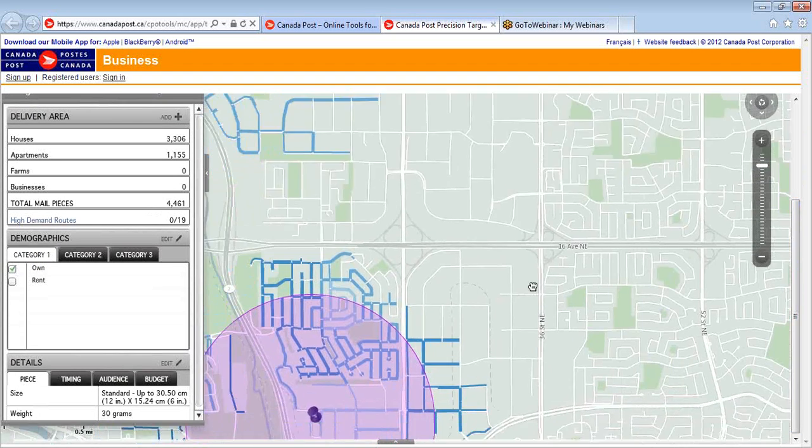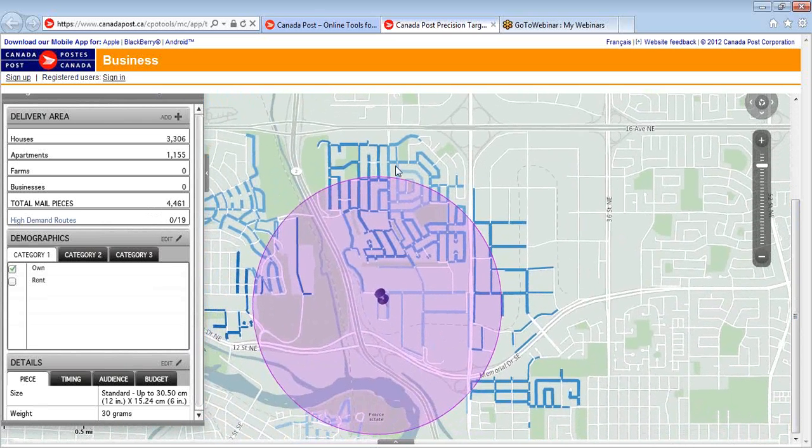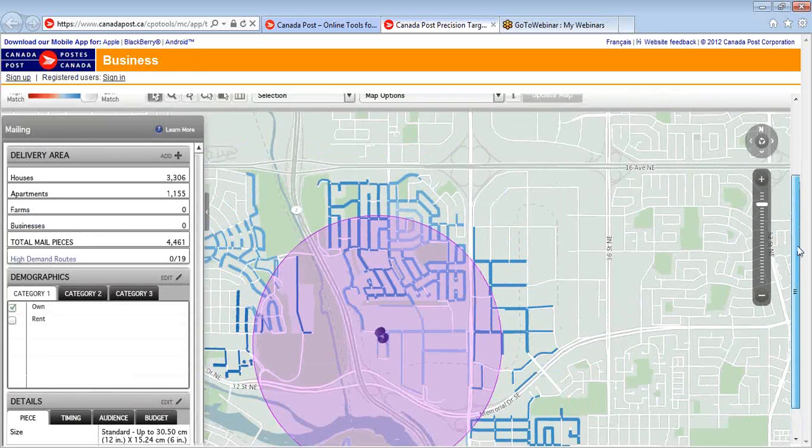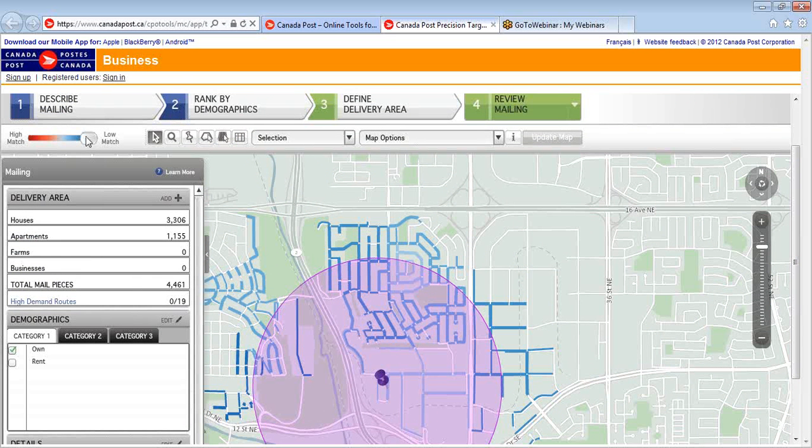And we can zoom in on that and drag it over. So within the immediate area, we can see there's 3,306 houses, 1,155 apartments, so a total of 4,461 pieces. And this is actually somewhat of a business area. I'm familiar with the area, so we don't have a huge match rate, but what you can see here is the postal codes have turned blue, and this is based on a match rate up here that we can see, so blue to red. So the higher the match rate based on the demographics we selected, the redder the walk